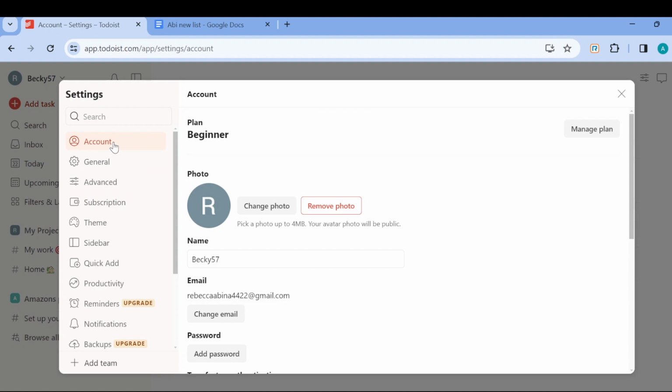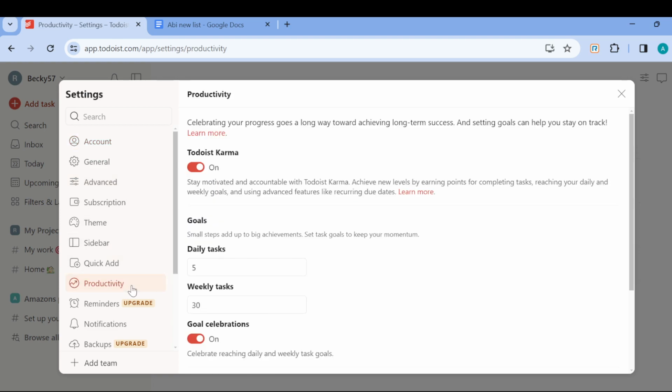On this page, move to the left side of the screen where you'll see a menu displaying options like account, general, advanced, subscription, theme, productivity. Just click on productivity. Now, after clicking on productivity, you will be brought to the page where you see details